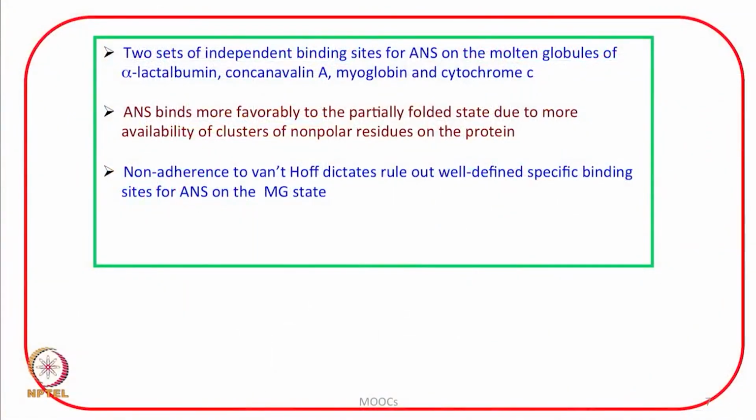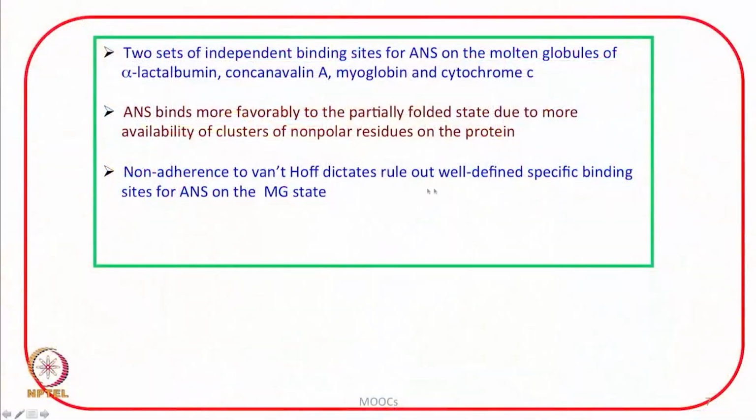Now, once you have the equilibrium constant or binding constant as a function of temperature, the example that I just showed was the data on binding of ANS with the molten globule state of alpha lactalbumin at different temperatures. Once you have the value of K as a function of temperature, I can get the Van 't Hoff enthalpy. And here again, the Van 't Hoff enthalpy and calorimetric enthalpy comparison gives you information about the nature of binding